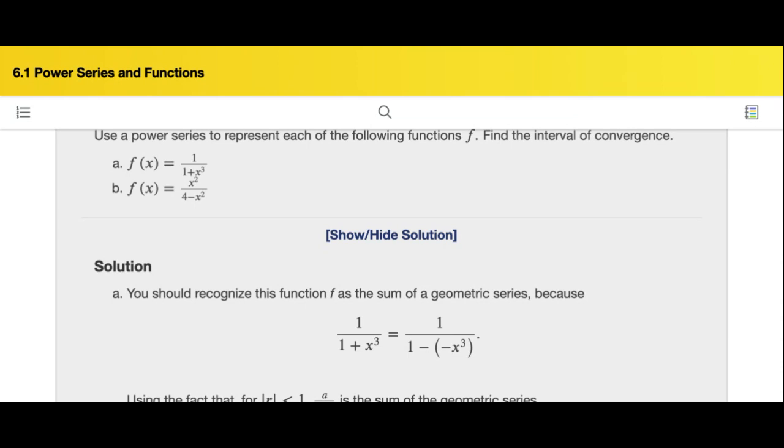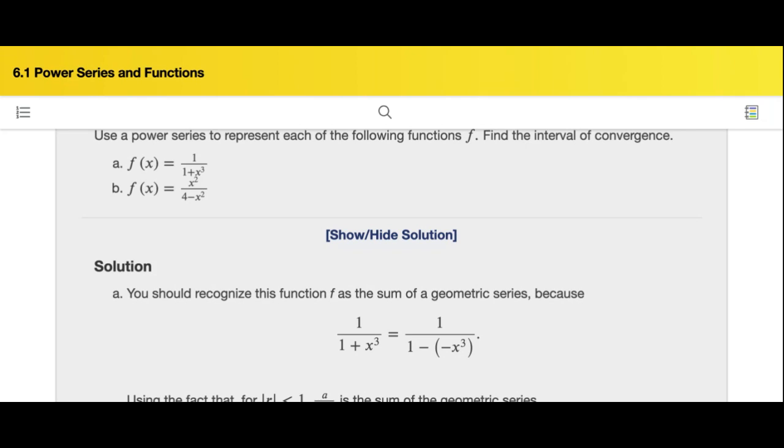Okay, anyone has any questions? Now we can write, right? Now we see, okay, our R is x squared over 4, so the absolute value of x squared over 4 has to be less than 1, right? So x squared divided by 4, that's our R, has to be less than 1. That means